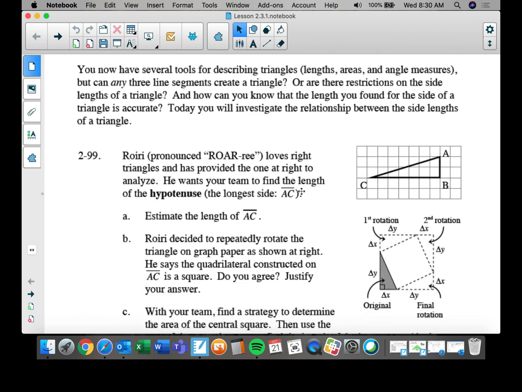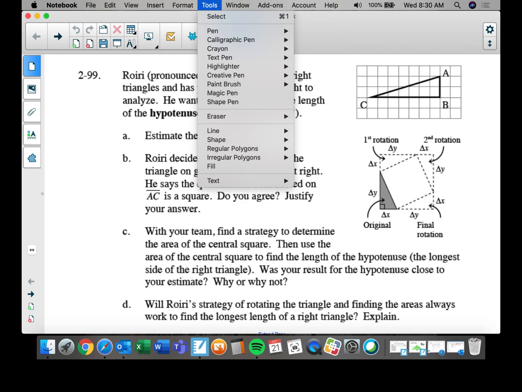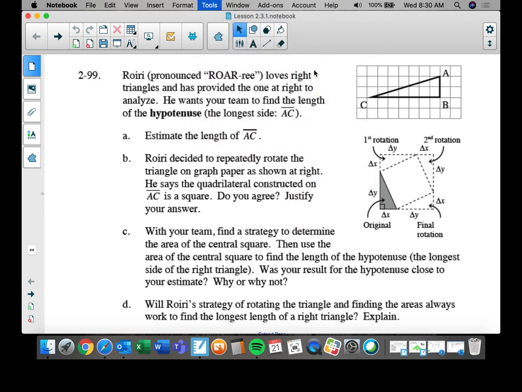Okay, so what we're going to look at today in 299 is we're going to start talking about right triangles in particular, and then we'll get to more general. But if you take a look at this one, for example, first thing I want to highlight is, let me go to Tools, and we'll grab the highlighter. Let's see here. And what I want you to take a look at is right here is the idea of